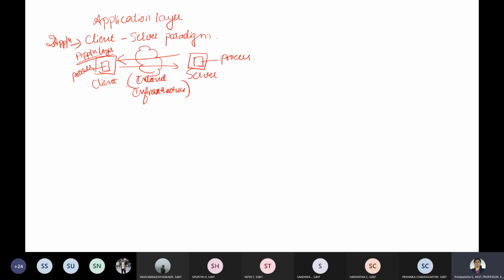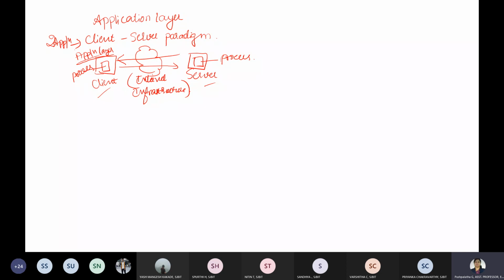But the server has to be on, running all the time. You can think of something like an individual device and a base station, right? I think you will get an idea.